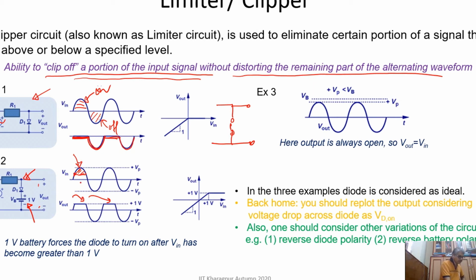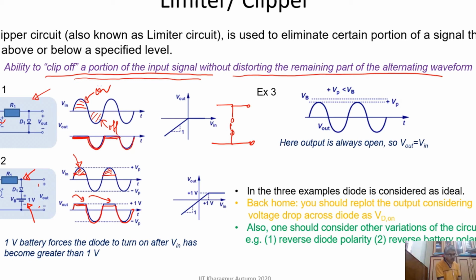at the output, whereas in the rest of the part the diode is off, and when the diode is off, the entire input voltage will be at the output. So you will get at the output a signal like this. You see the signal is clipped off at the particular part of the input signal where the diode